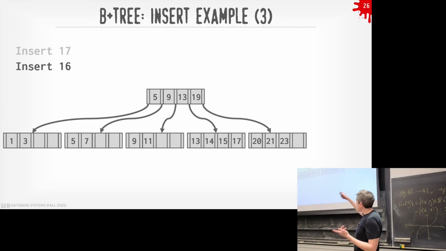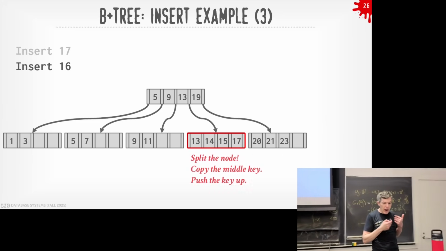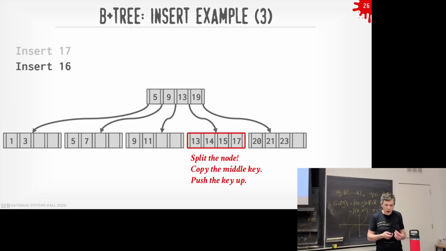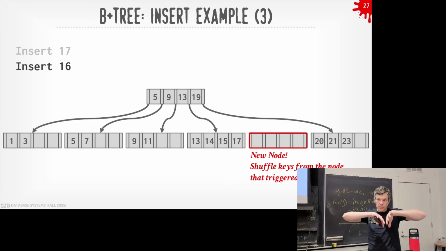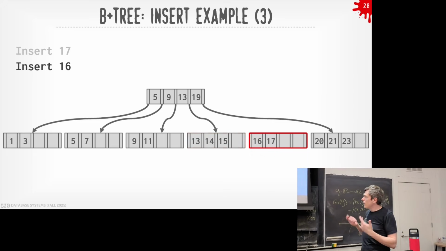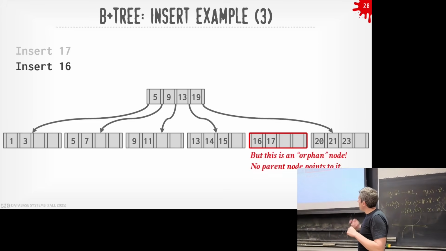Now I want to insert 16. 16 should go between 15 and 16, but there's not enough space in here where I can store it. So I want to split the node again. I'm going to create a new node and then shuffle the keys from the node that overflowed. Put half on one, half on the other, right? Say I split on 16, so everything 16 or greater goes to the new node. Everything less than 16 stays in the original node. But now I have to update my parent, in this case the root node, to add 16 there, so anybody coming down can find us.